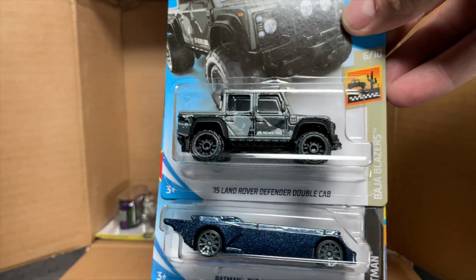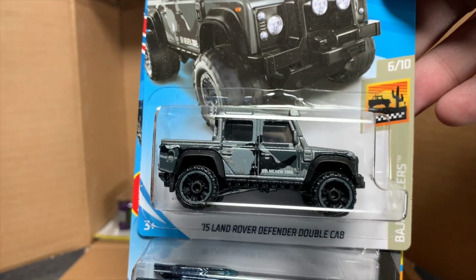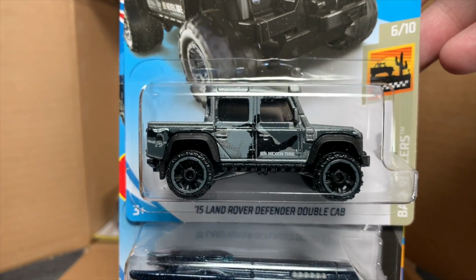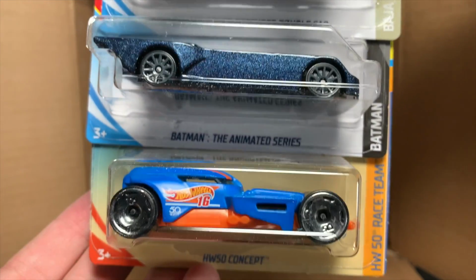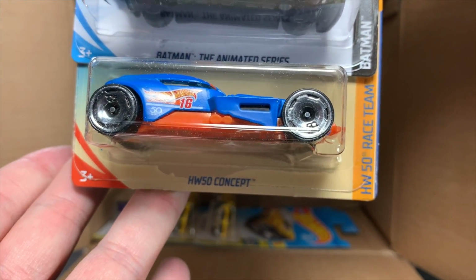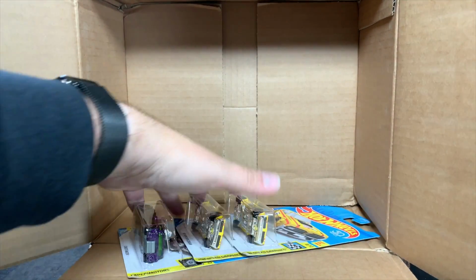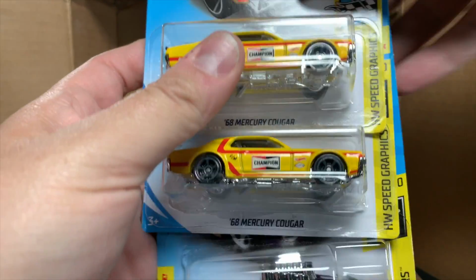All right, I guess these two would be a first to market. I saw this one in the Walmart case as well. Land Rover Defender Double Cab. That looks good. Recolor of the Batman animated series, and there is the HW50 Concept. Last but not least, for the Q case,